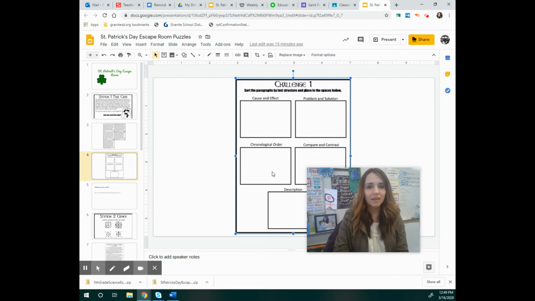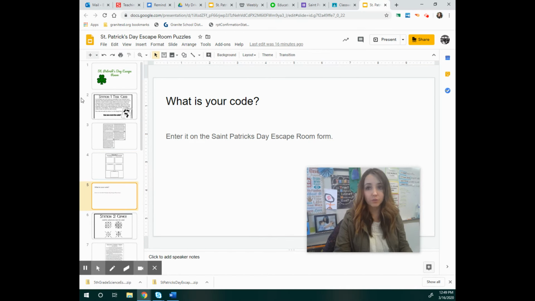Chronological order is a paragraph or a story that talks about events that happened in a certain order. Compare and contrast, we write things like this in class all the time. They're telling you the similarities and differences between things. And a description is just an in-depth description of something that the author has decided to write about. So they're describing something in great detail generally. When you put them in the correct order, it will give you a code